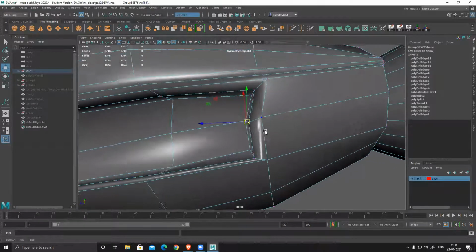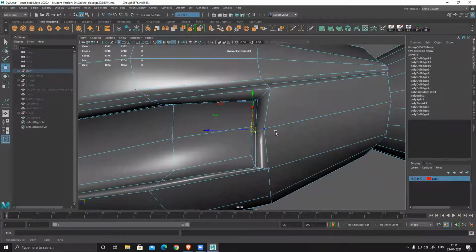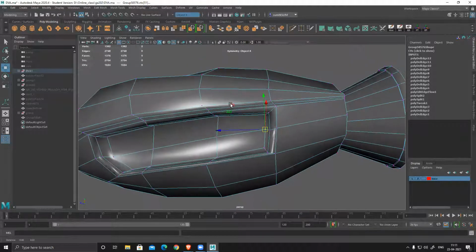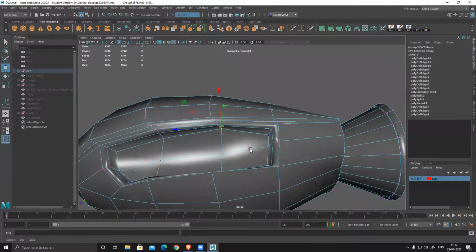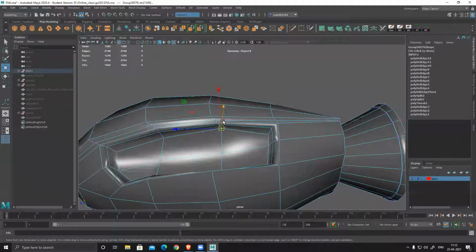And for all these shapes, slightly back. And see, check it from all the angles. It's really important.